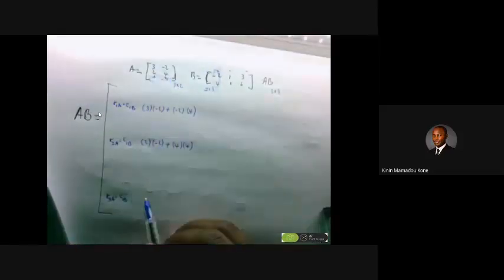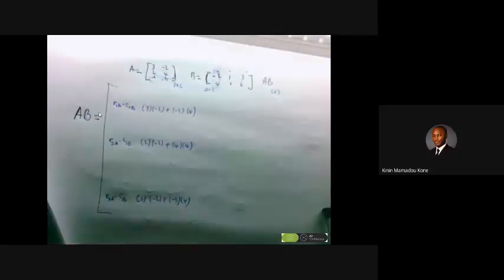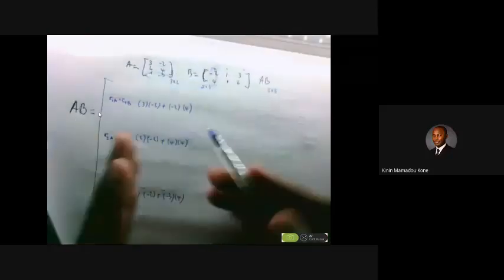Okay, now the third one over here is this one and that one. So this row times this column vector. So the first entry times the first entry plus the second entry times the second entry. So 1 here times negative 2 plus negative 3 times 4. Now I'm finished. I'm done with this first column over here. Now moving to the second column over here. So for the second column, I'm no longer using this one. I'm using now this one over here. So I take the first row here,